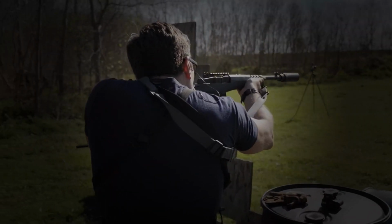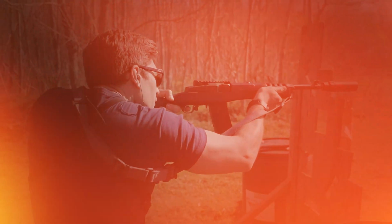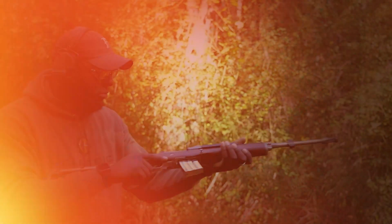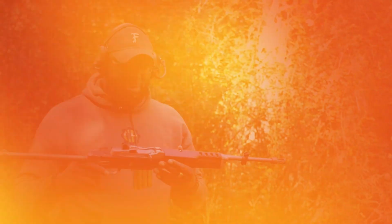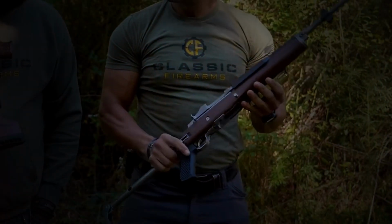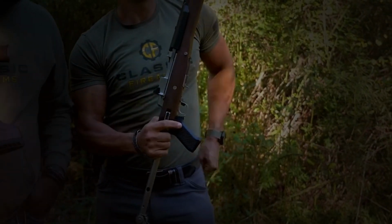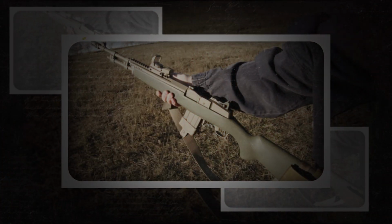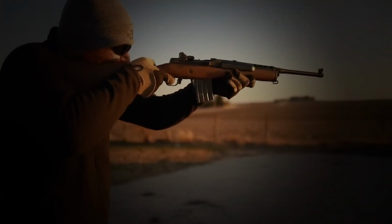The Ruger Mini 14 is a versatile firearm that is ideal for hunters and ranchers, serving as a reliable tool for predator control, pest management, and general utility. Its lightweight design, quick handling, and suitability for various calibers make it a practical choice for outdoor tasks. The Mini 14's legal accessibility, particularly in jurisdictions with strict firearm regulations, makes it a more widely available option for